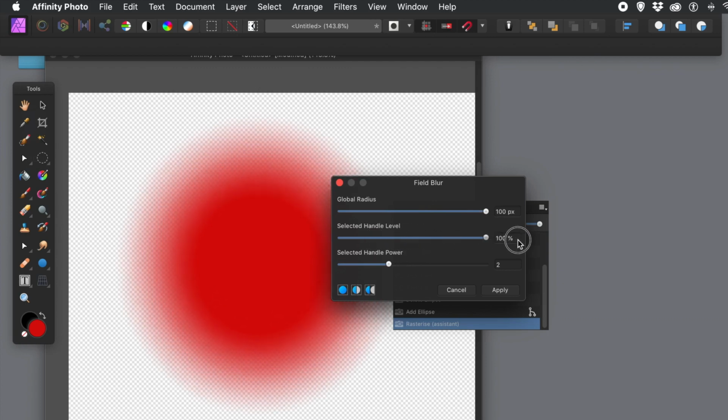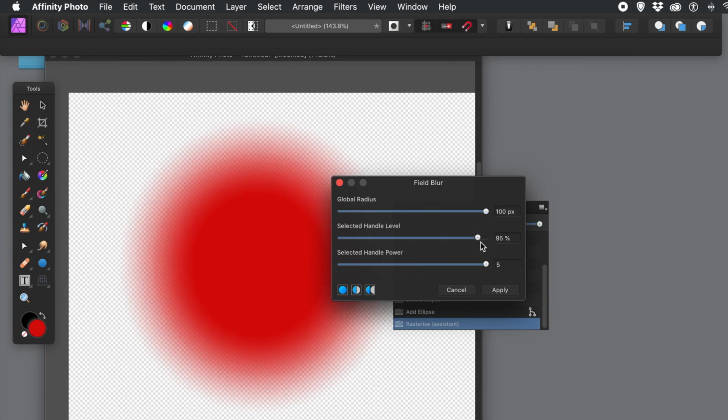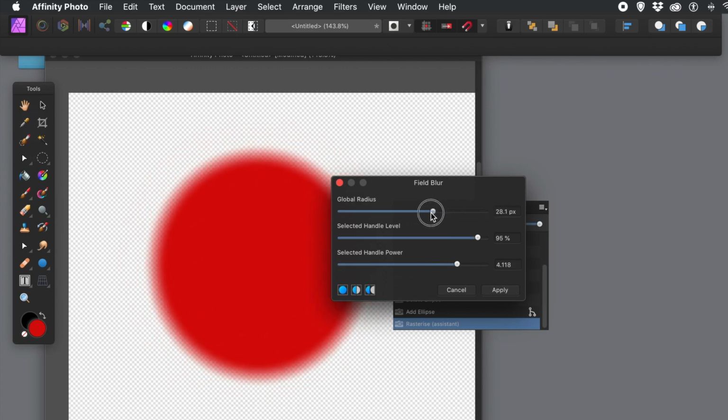And you can change the selected handle level. It's a change, definite changes. The selected handle power, truly with a shape, very subtle, if there is any change, personally,